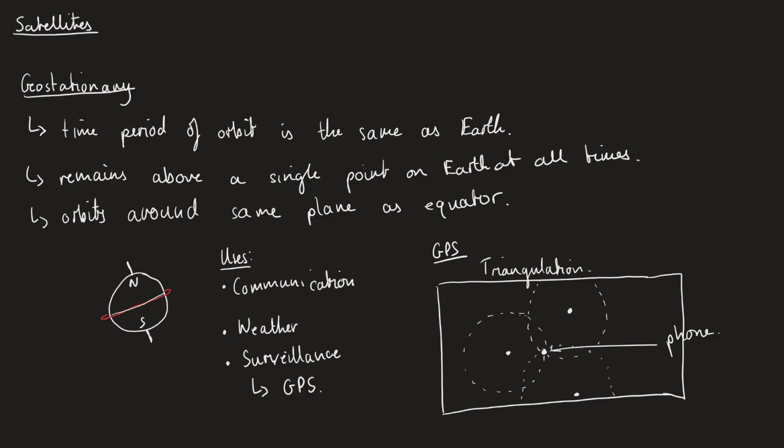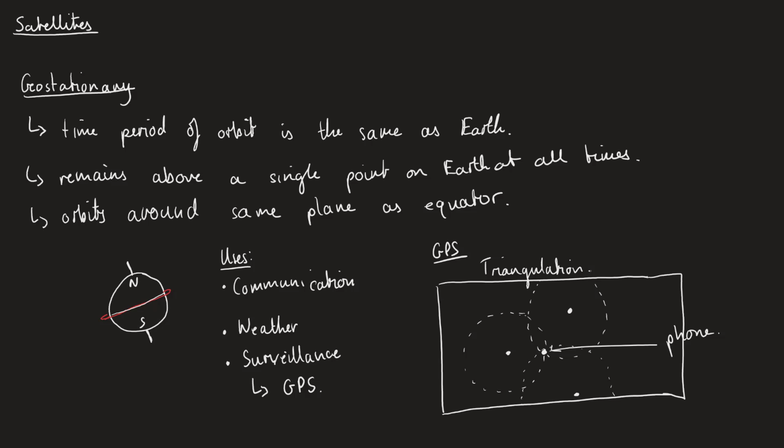And they then send you back your position on the map that they're viewing from above. And this kind of then follows a similar process to seismology, where you detect the epicenter of an earthquake from things like this,